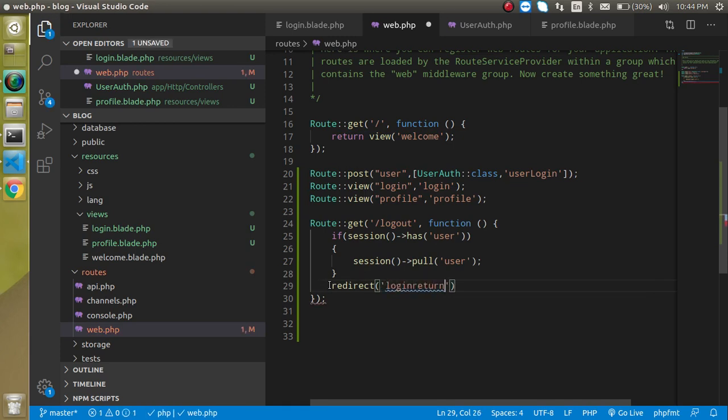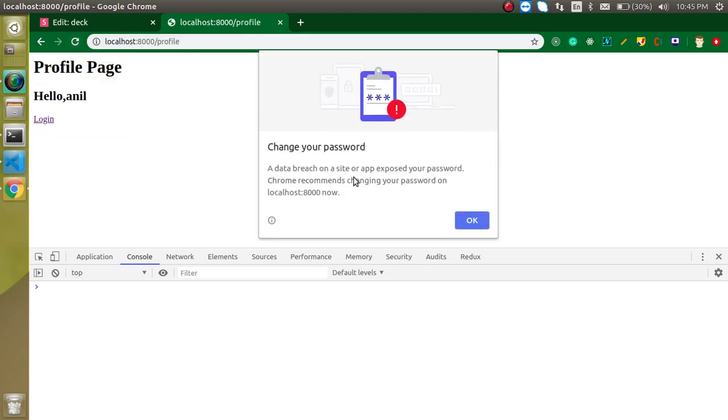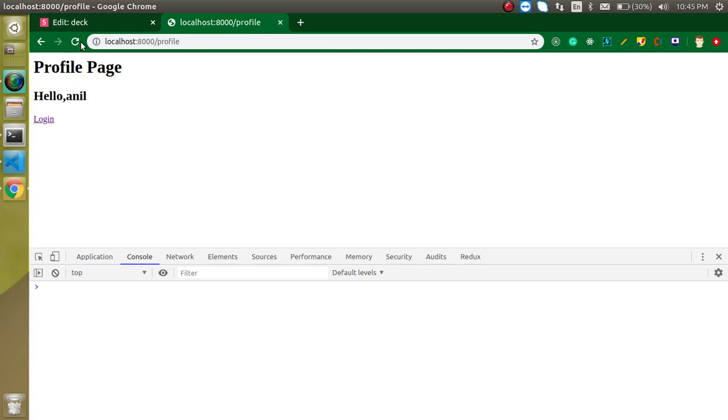And let's make a return here, oh, my bad, return, and use a semicolon here. Now let's see what we are getting here. I'm just going to click on the logout and I go on the login page now. So let's try again, password 12345, anything, and if I just refresh, then we still have this Anil data because the session data never gets lost on refresh, right? That's working fine. On the logout, this is gone again.